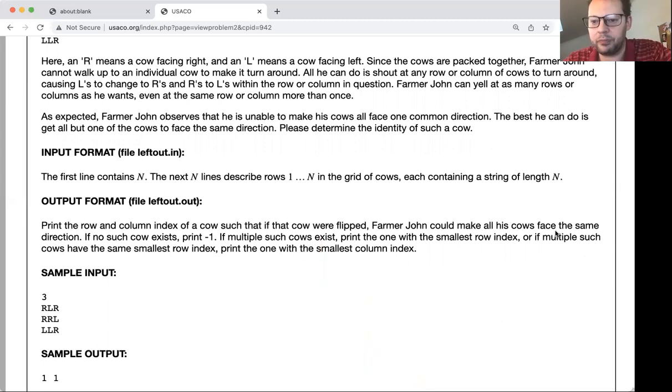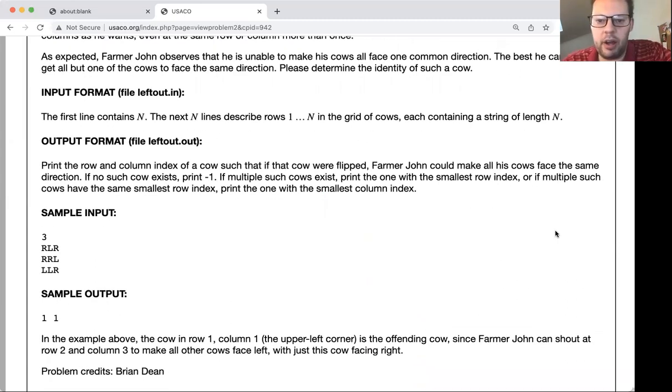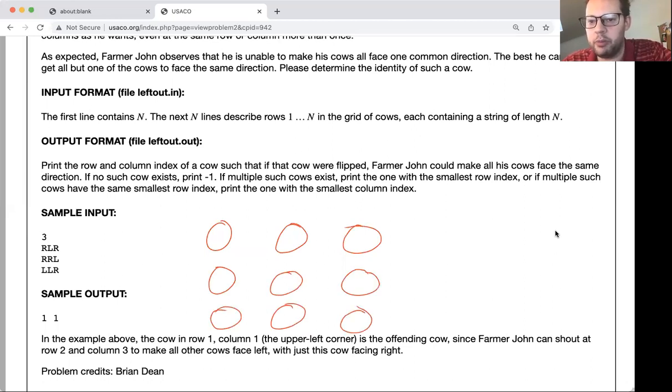All right, let's look at our sample example here. R, L, R. Instead of writing R's and L's, I'm going to do a circle for R, and I'll do a circle with a line through it for L. So this would be all R's, for example. I'm going to say this one's L. This is going to be easier to draw with a pen. Left, left, and left. So I have then, this is right, left, right, right, right, left, and then left, left,